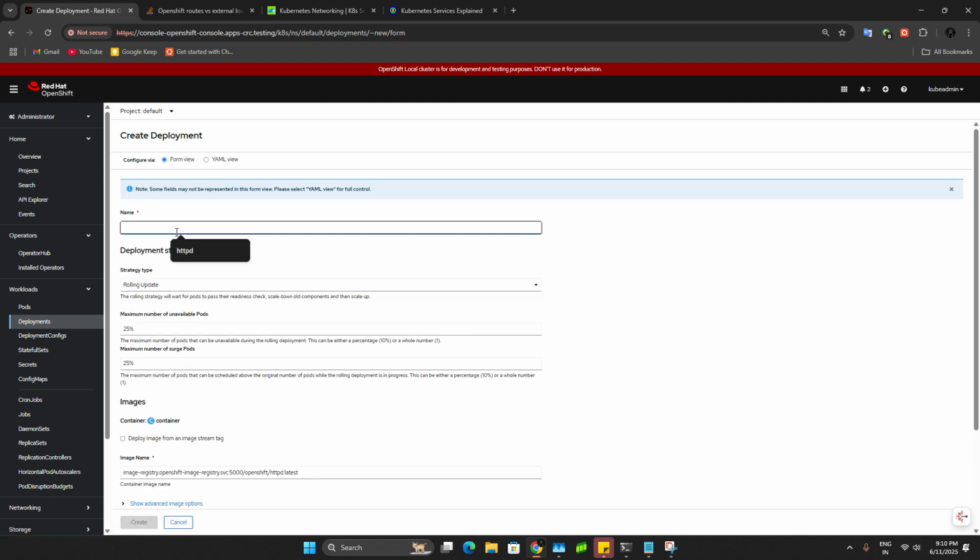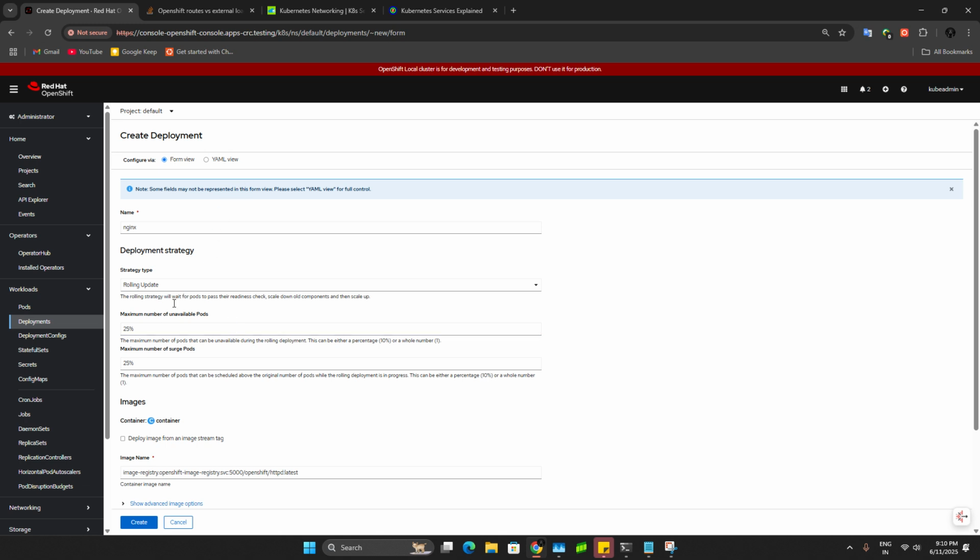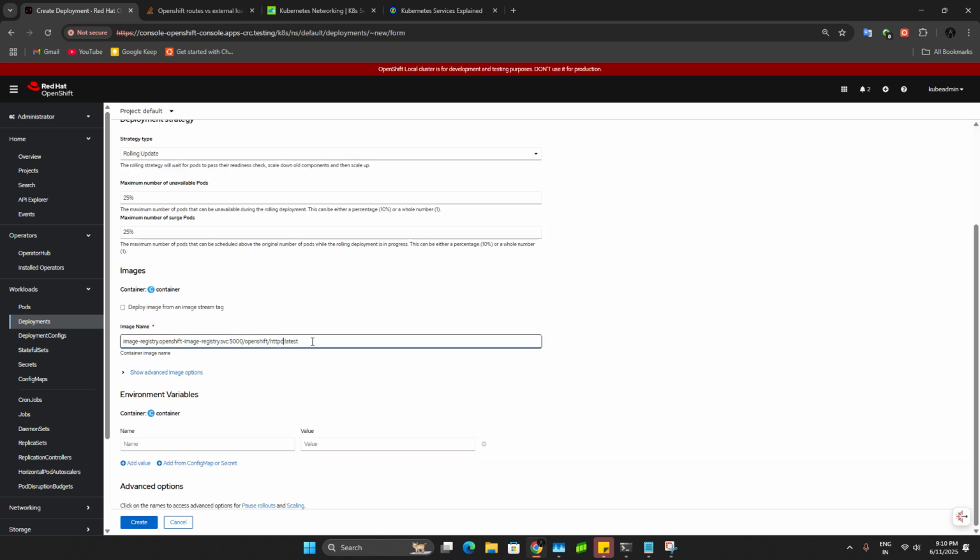Name nginx, rolling update. Okay, done. Pull it from that. Environment variable key values, anything. Okay, we'll select the image.